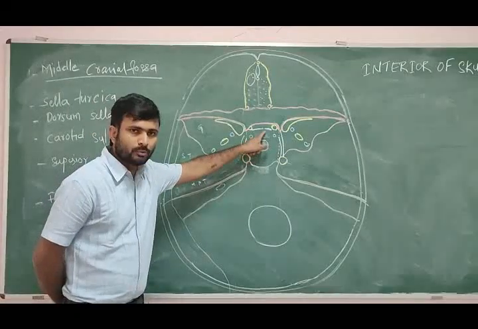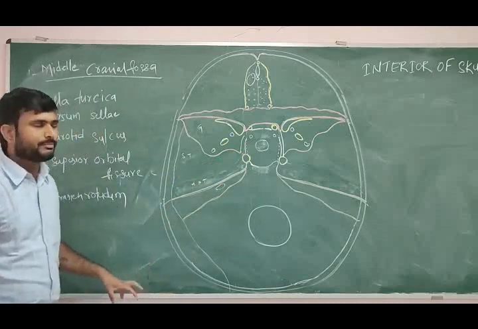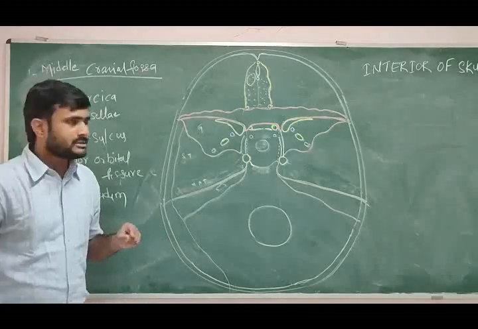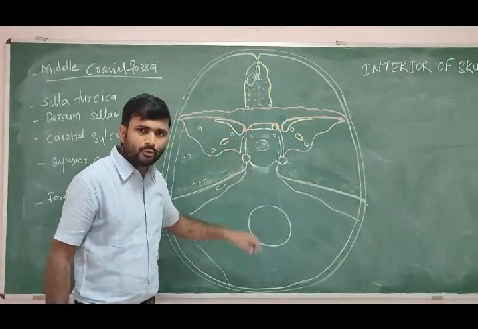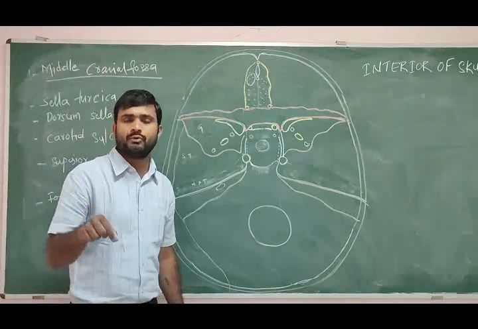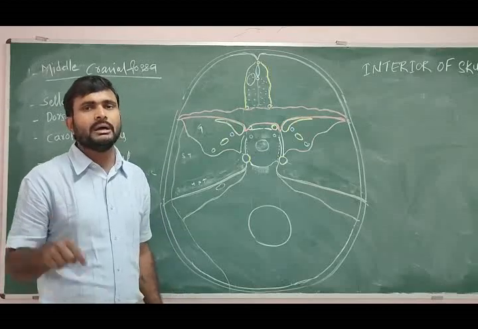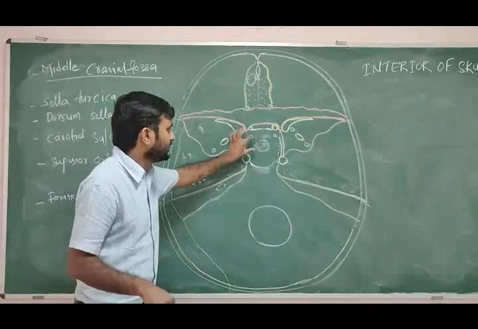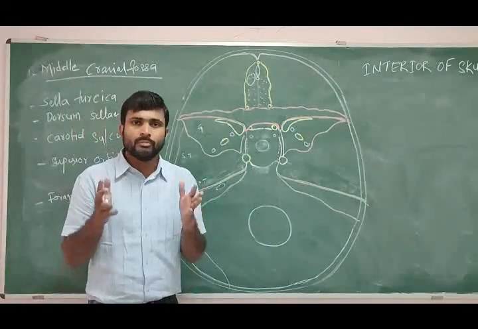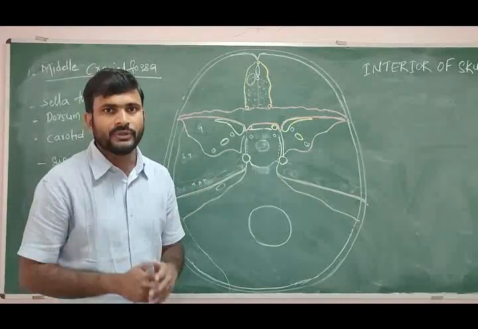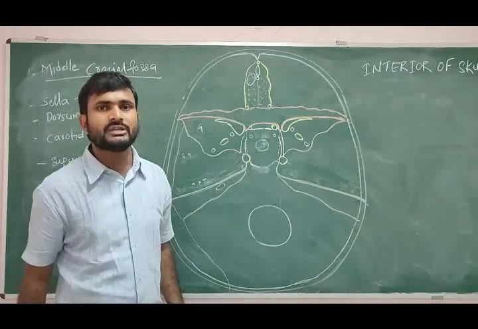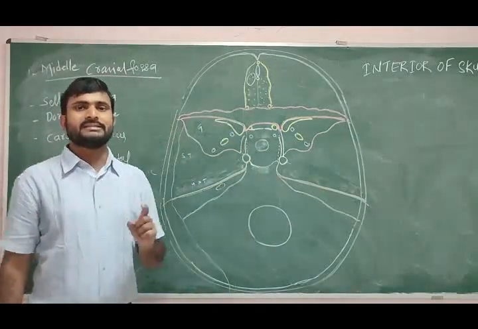Behind the tuberculum, we have one more depression. The depression is called the sella turcica. This part, the sella turcica, which is the most dependent part, we also call the hypophyseal fossa. In this hypophyseal fossa, the pituitary gland is located. This area is called the sella turcica, the deepest part of the body of the sphenoid bone. And when you remove this part from here, you see two sinuses. Those sinuses are called the sphenoidal air sinuses.